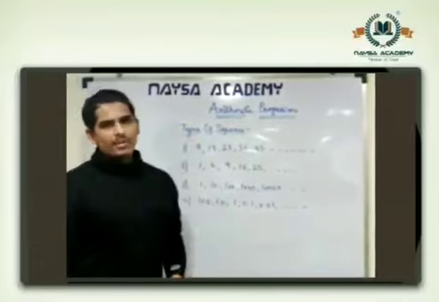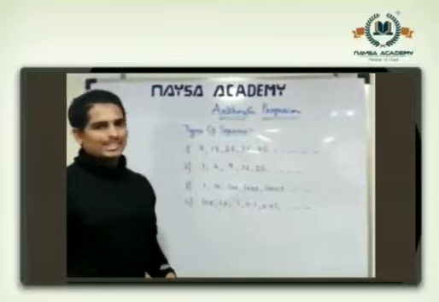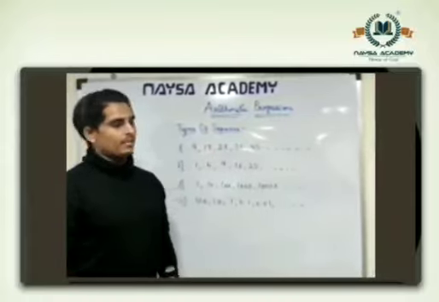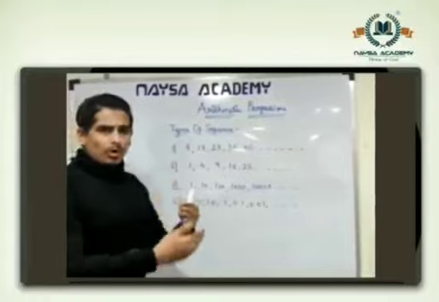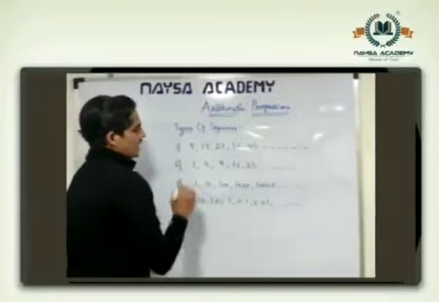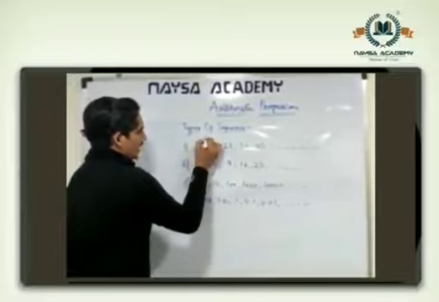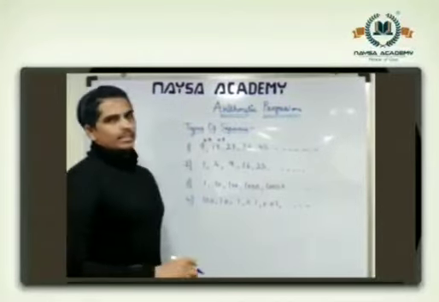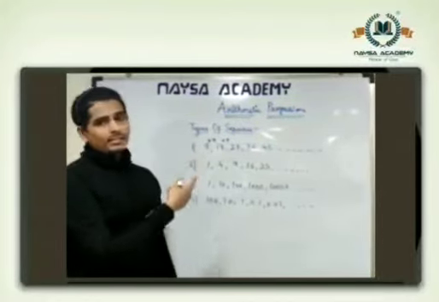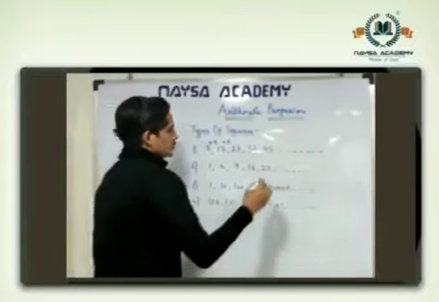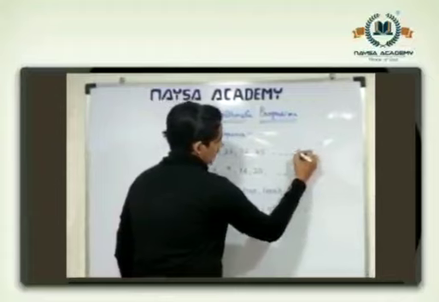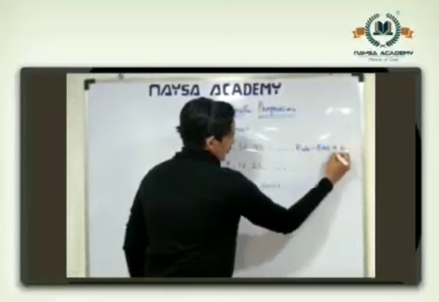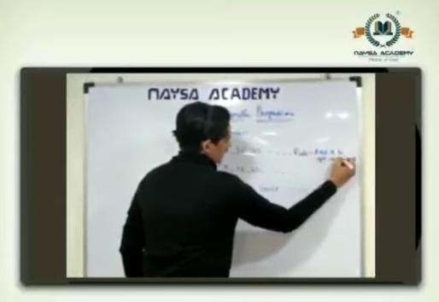Here I have 4 examples in front of us. The first example, as you can see, is 9, 18, 27, 36 and 45. As you can see, the sequence progresses in terms of 9. That means if you add 9 to the first term, you'll get the second term. If you add 9 to the second term, you'll get the third term. So isn't it forming a pattern? Yes, it is forming a pattern. So this sequence has a rule. And what is that rule? Add 9 to get the next term.